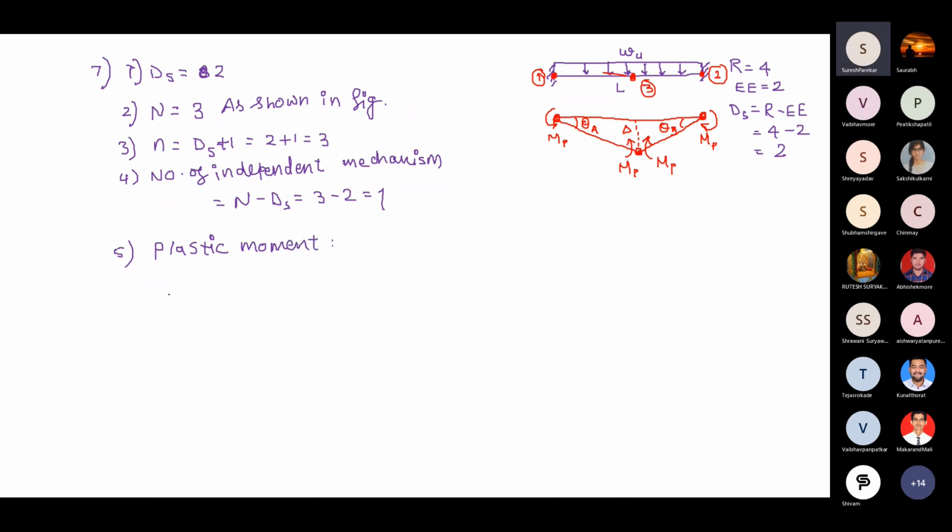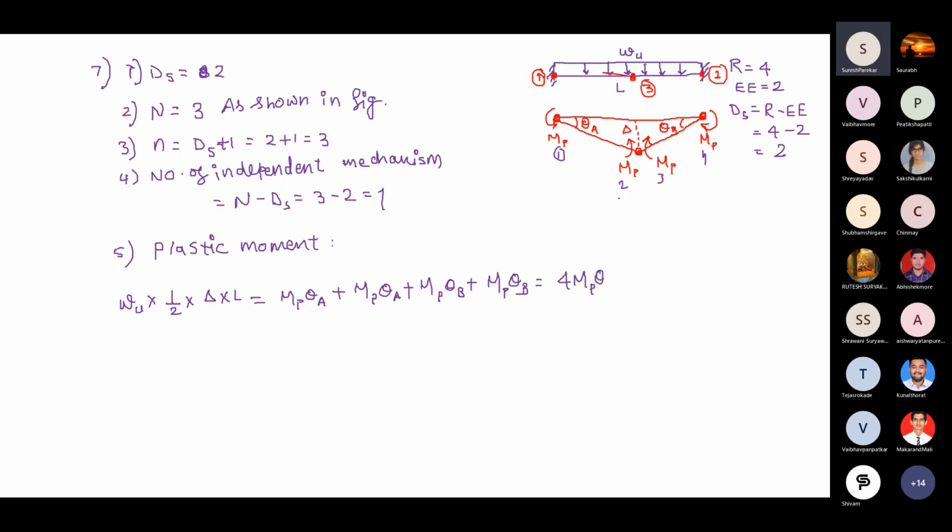We have plastic moment that is equal to W into half into delta into L. That is equal to पहला है MP theta A प्लस दूसरा है MP theta A, तीसरा MP theta B, चौथा MP theta B, and then we have this as